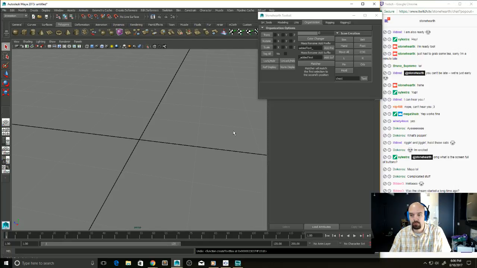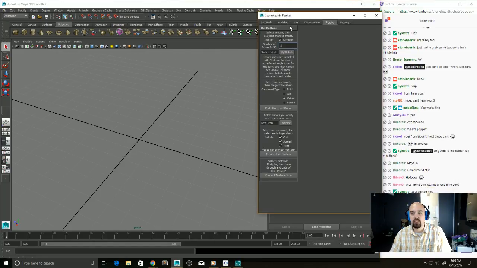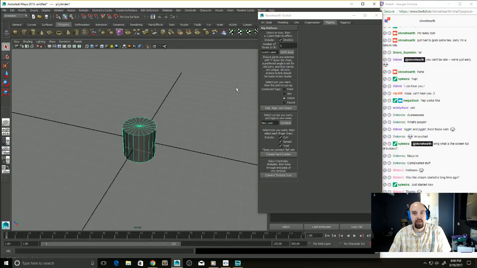Oh, sorry, that sucks. So then this is rigging stuff. This IKFK auto is how we make our legs. Paddle line and orient, this is a bunch of technical stuff that I have access to here, because paddle line and orient takes an object and you don't want to make that object dirty. So like if I